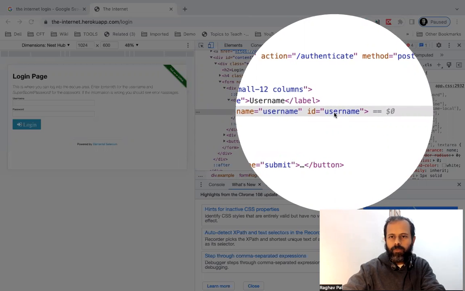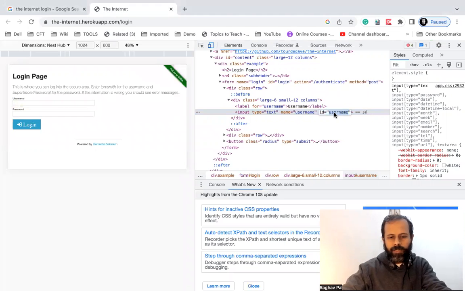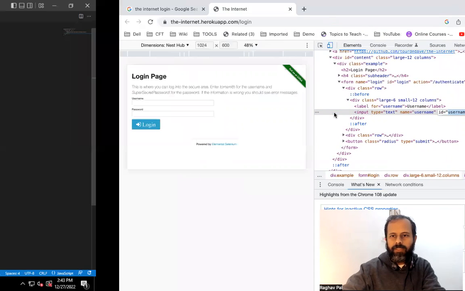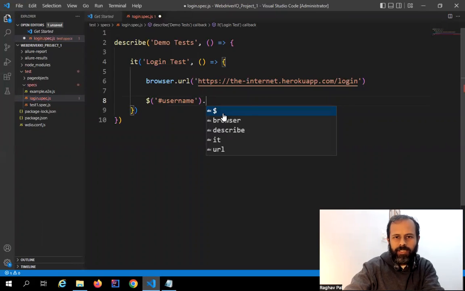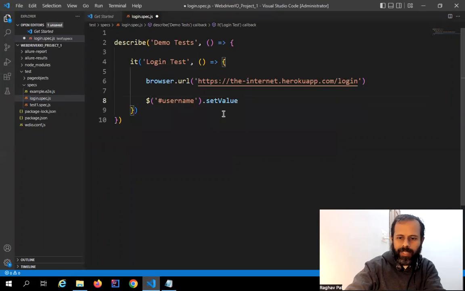It is mostly the best option if we have the ID. So I will say hash. We use hash if we have the ID property. If we have class property, we use dot. And if we don't have ID or class, then we can create our own locator that I will show you in a moment. So I will say $('#username'), and the function is setValue to enter a text, and